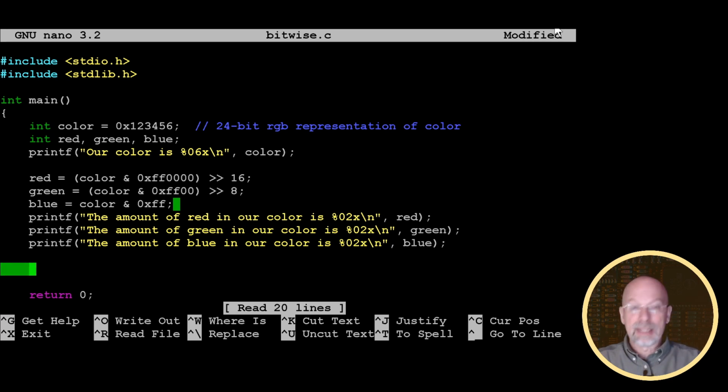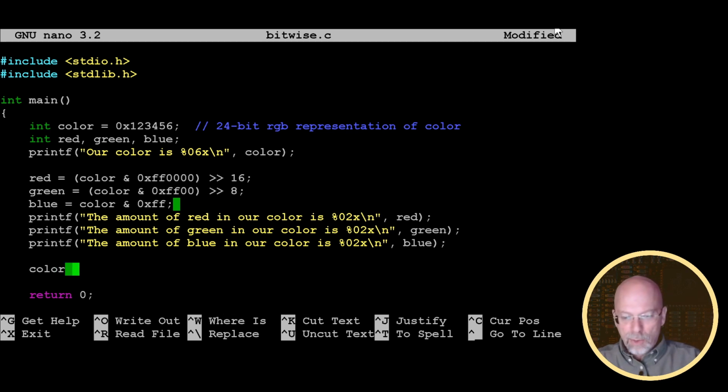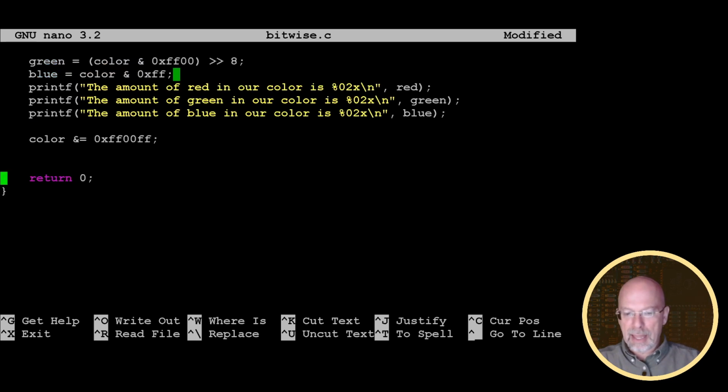Well, the very first thing we need to do is clear the amount of green that's there. So what we're going to do is we're going to say color, and we're going to use the bitwise clear, the Bitwise-AND, to clear those bits. We're going to leave the red there. We're going to clear the amount of green, and we're going to leave the amount of blue there. And so what we'll get is, let's go ahead and just output, we'll do another printf. Our new color is %06x